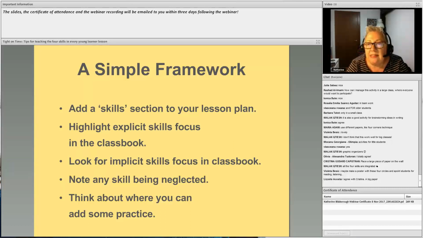So if we're doing a reading spread, we know that's reading, but also look for the implicit skills, the small extra activities where the pupils are asked to speak or to write something, because that's reading, writing practice, speaking practice, etc. And then make a note of any skill that we think is being neglected